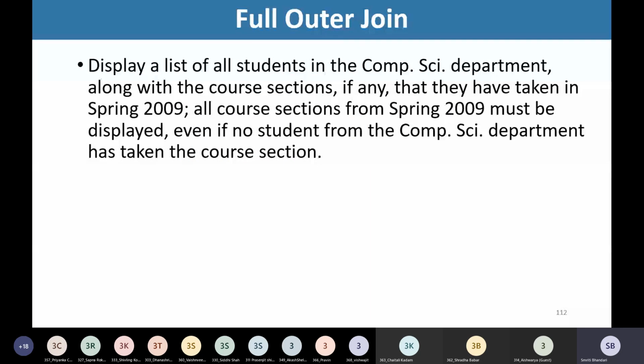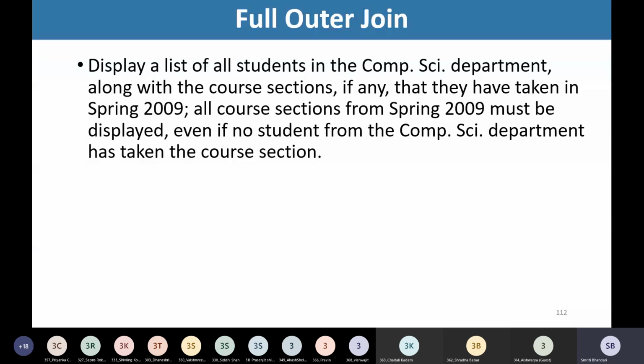Now, let's see a final example related to full outer join. So please go through this problem statement, what we want to extract. Display a list of all students in computer science department along with the course sections, if any, that they have taken in spring 2009.